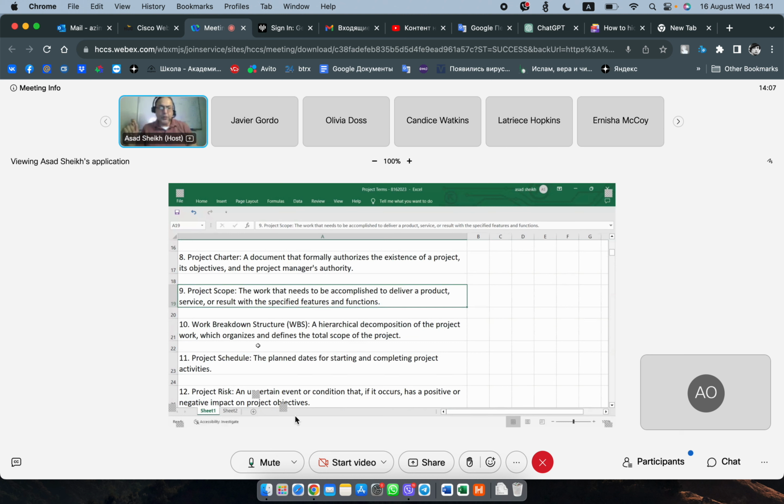So we talked about the product, service, and or result with specified features and functions. So that's what the scope is. And then we dive into it and talk about requirements, talk about scope statement, and so forth. But if you bubble it up, that's what we're talking about: what are we trying to produce here? What sort of problem we're trying to solve, and does that have to do with delivering a product, service, or